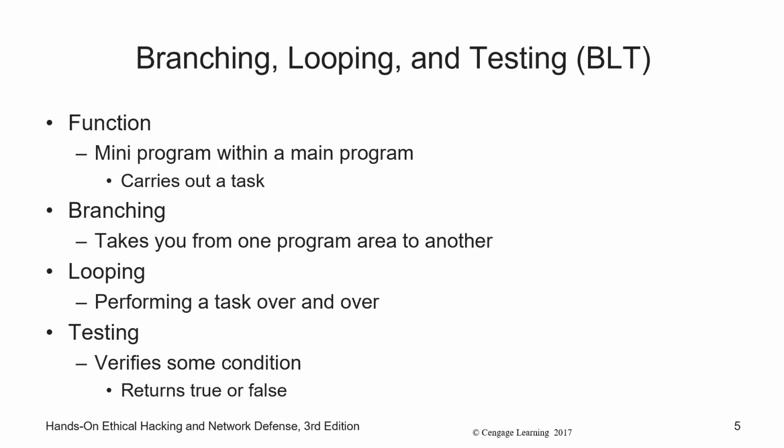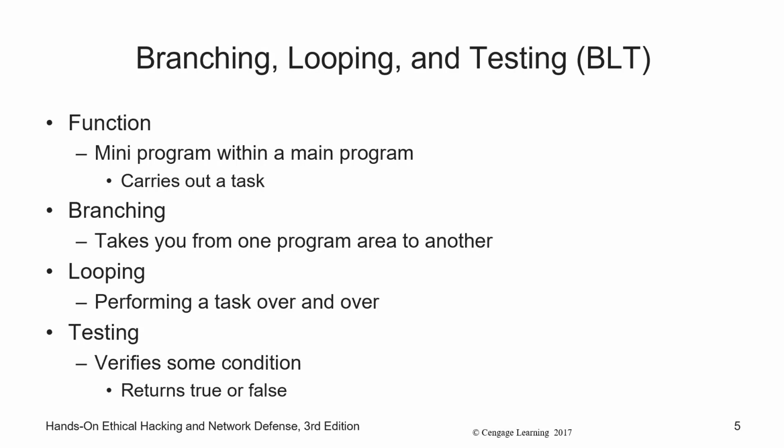Branching, this is the concept of going from one area of a piece of code to another. Conditional statements. Do you go this way or go that way? Well, if this is true, do this. If this is false, do this. You can have if statements. You can have switch statements. Really dig in. If you don't have a background in programming, you need to dig into it. But branching essentially allows you to execute different parts of your application.